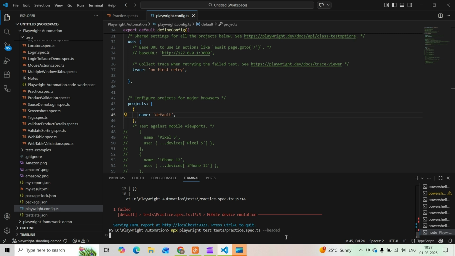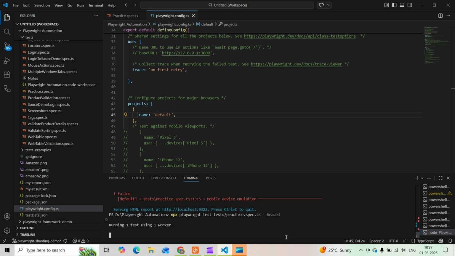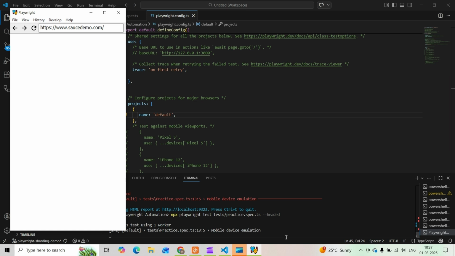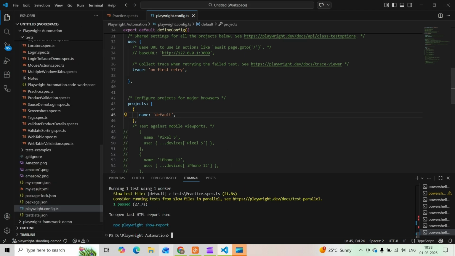So next I'll show you how to remove the settings in the spec file, because that is not ideal. Usually in real projects we do not keep the mobile emulation settings inside the spec file. We keep it inside the config file. So you can see that. Mobile device iPhone 13. Okay, so now what I'll do, here in the